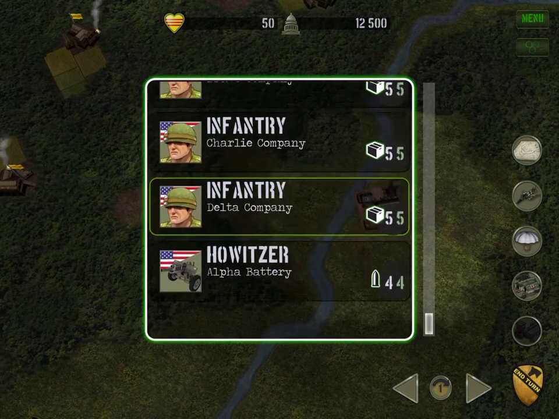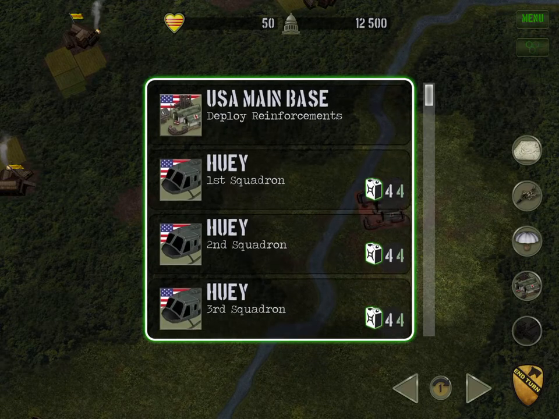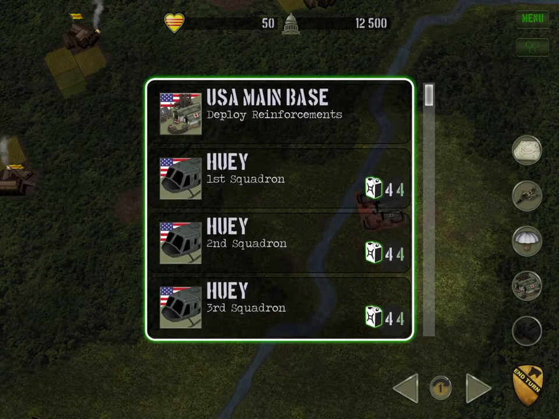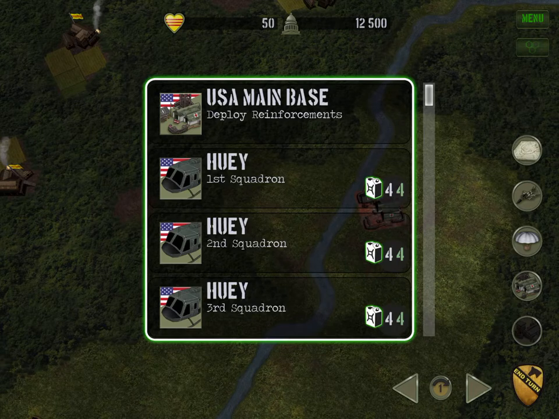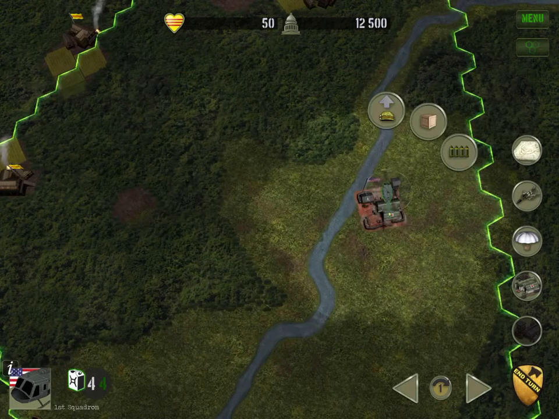Infantry, Charlie Company, Delta Company. Okay. So this is airborne, I'm assuming, right? Because you got the 7 Cav on the bottom right. Now, I don't know if this is Ia Drang Valley Campaign, but from what I understand, these are airborne soldiers. So, these guys...